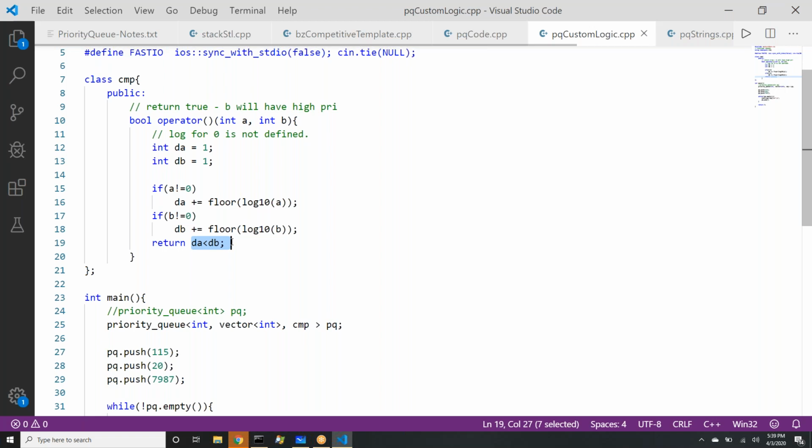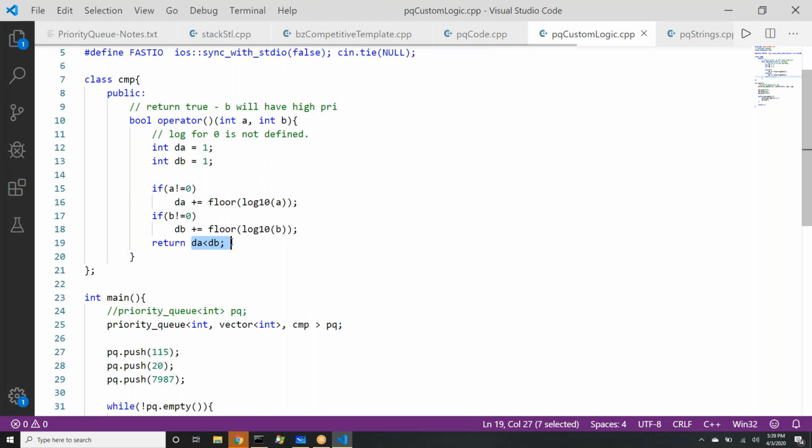So if digits of B are greater than digits of A, we will return true.